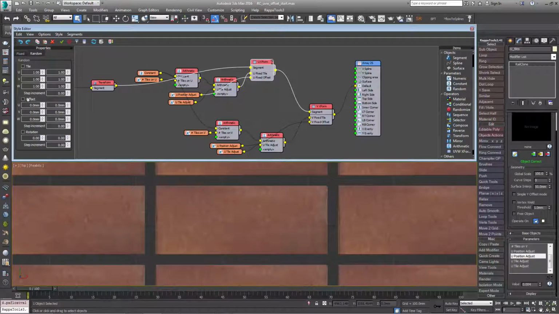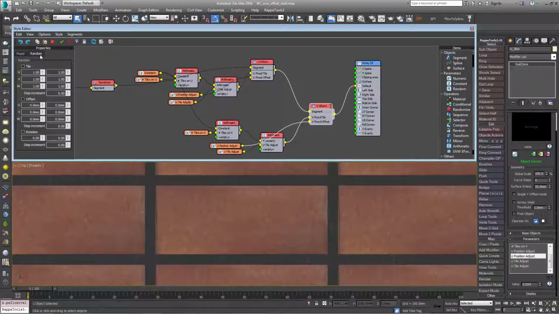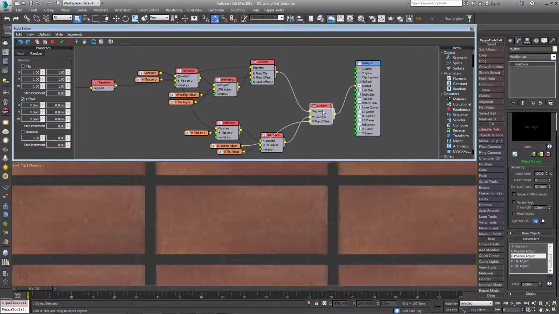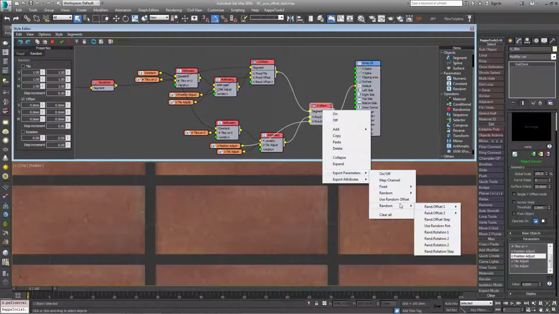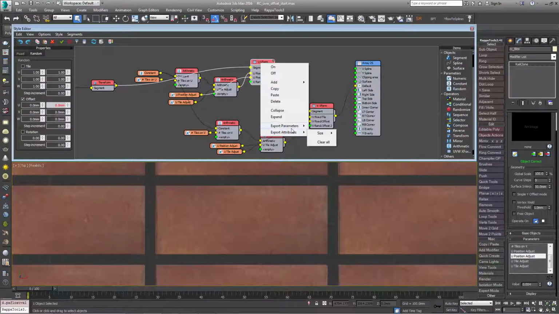Before we do that though, make sure random offset is turned on by going to the UVWXForm operator's properties and activating random offset. Now right click on both UVWXForm operators and export random offset to U and random offset to V, depending on the XForm operator currently selected.